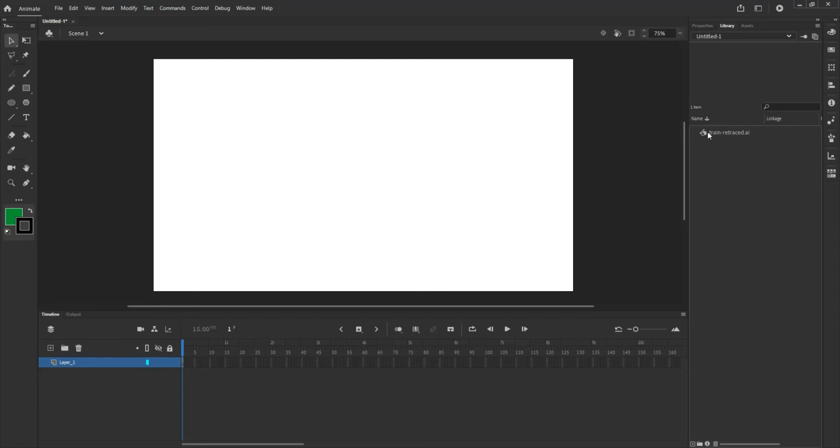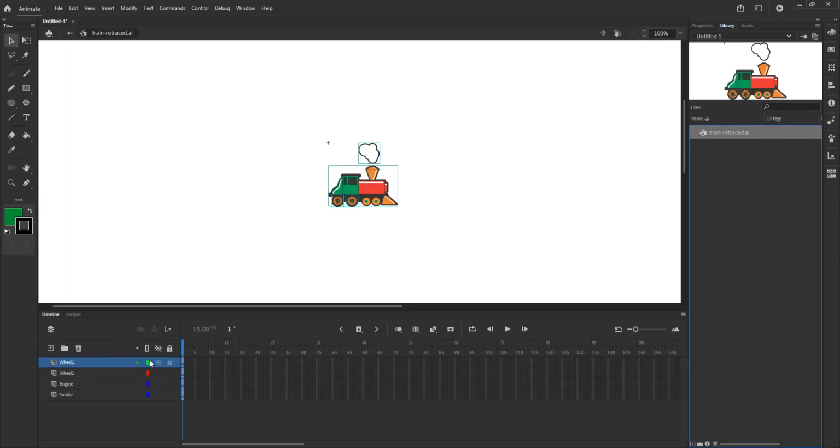So it has been turned into a symbol for me already. If I want to see what's inside that, all I need to do is simply double click on the icon, and I'll see that I have the different layers that were created in Illustrator, which is great. Also, each one of the items belongs to its own layer, which allows me to quickly turn them into symbols so that I can go ahead and execute animation on them. And that way I can have that self-contained animation that I can then embed into my main timeline. So because this is a graphic,